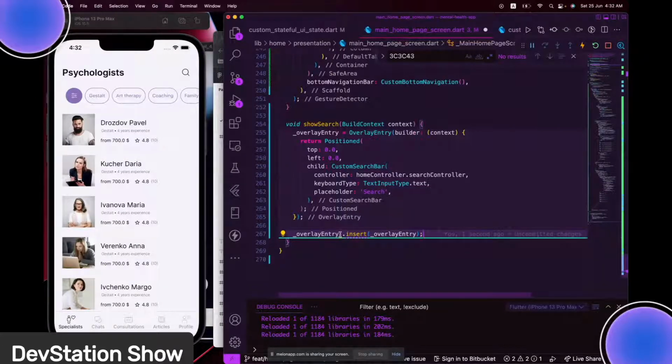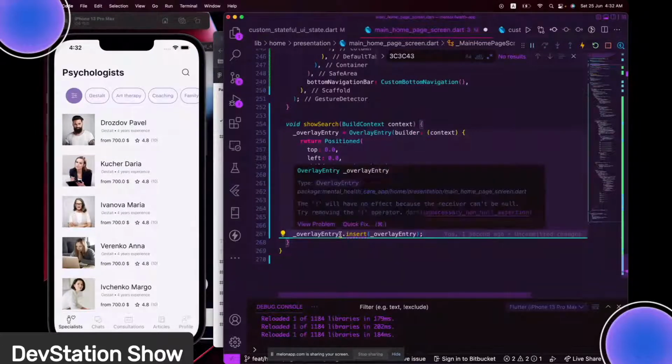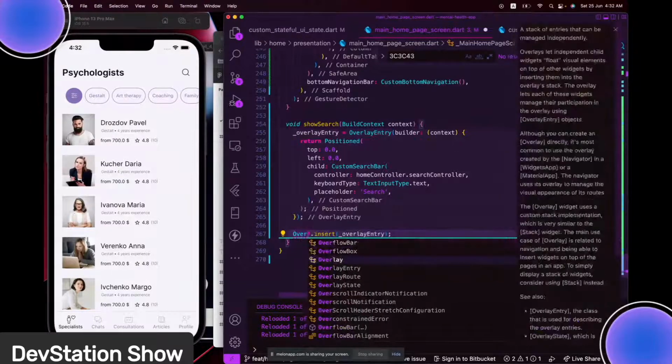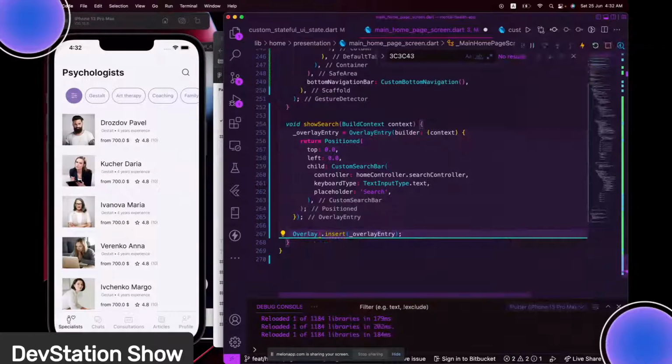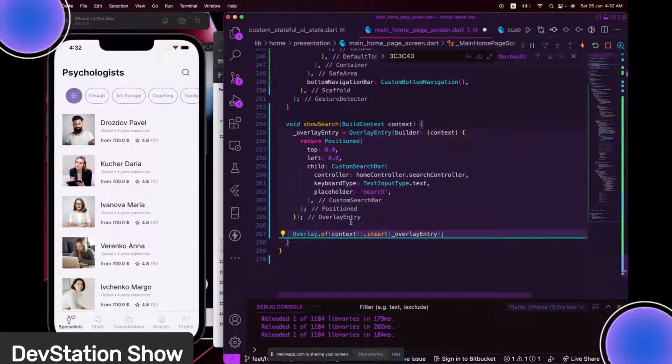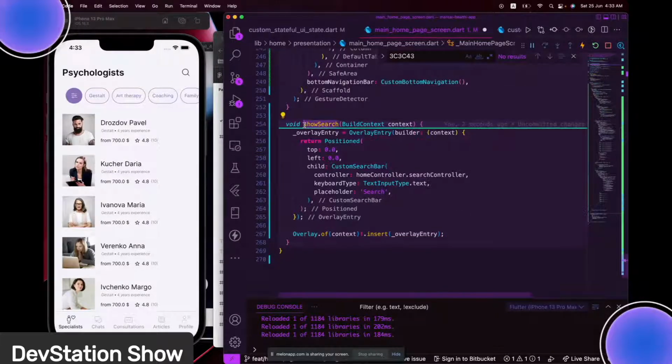Okay, that's not overlay entry, that should be overlay. Got that wrong. Lots of context. Yeah, then I can force unwrap this. Okay, we have fixed that issue. And we can call this method right